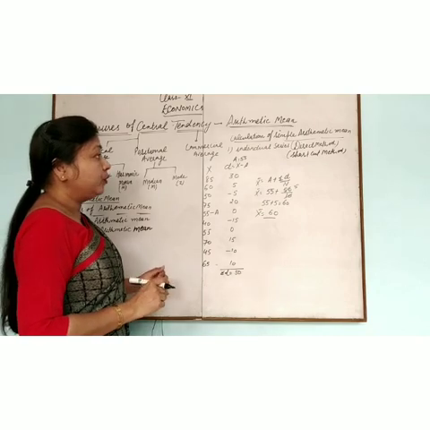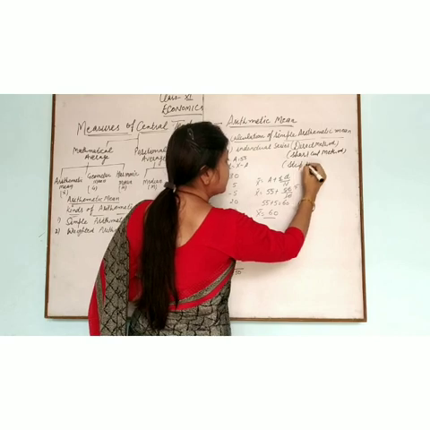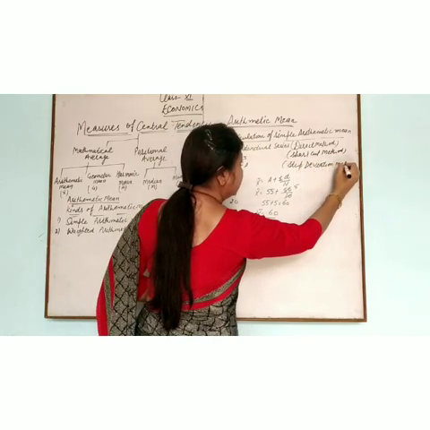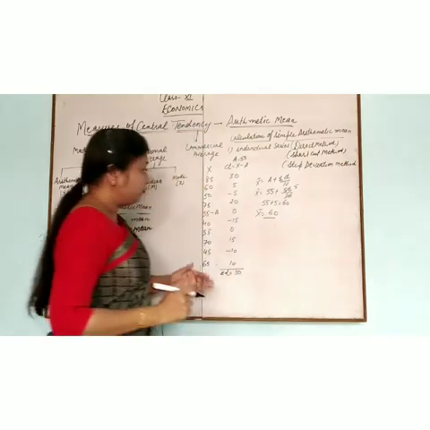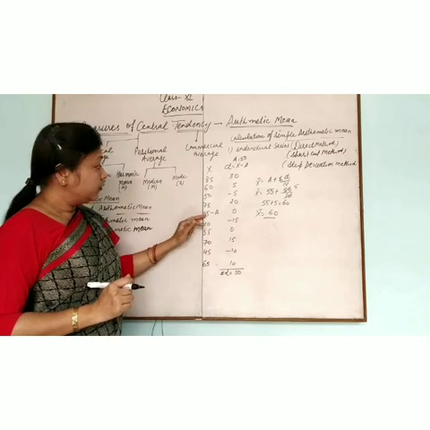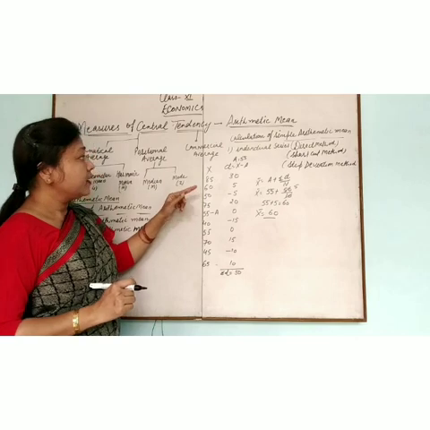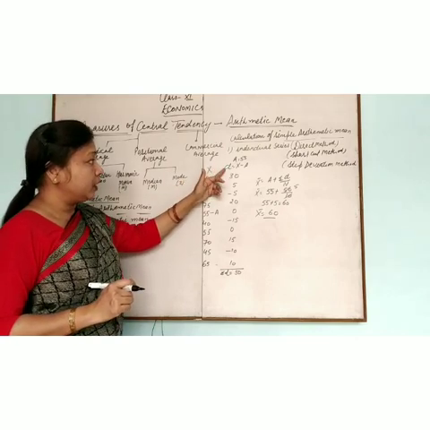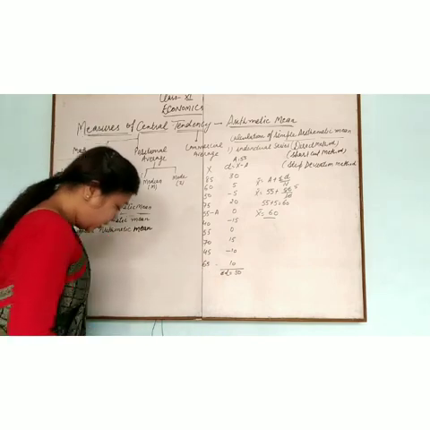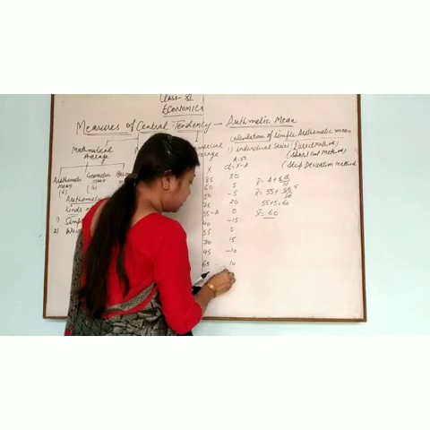Same question we can do with the step deviation method also. That is the step deviation method. In the step deviation method, two steps are seen. First, the x variable is given. From here, we have to assume any value. Here we are assuming 55. Then first of all, we have to calculate d. This is our d. In step deviation, no need to sum these values, but